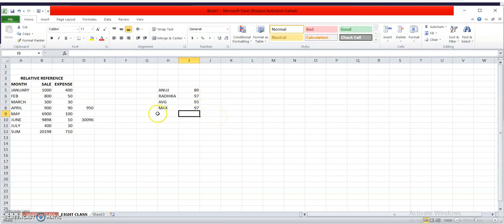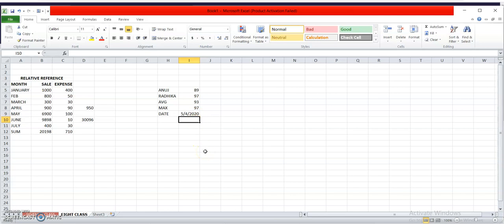In a similar way, if I want to check the date, how can I get it? Using equals today. I can get the date of today.